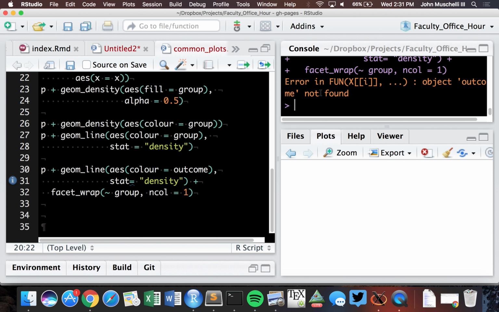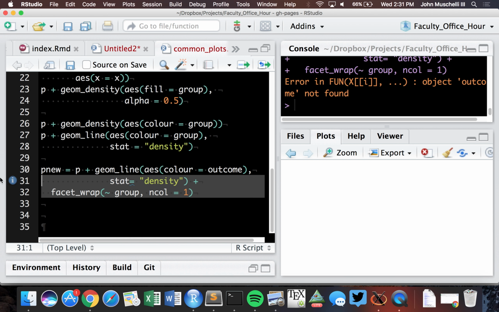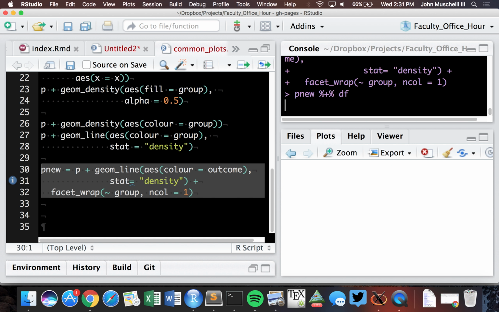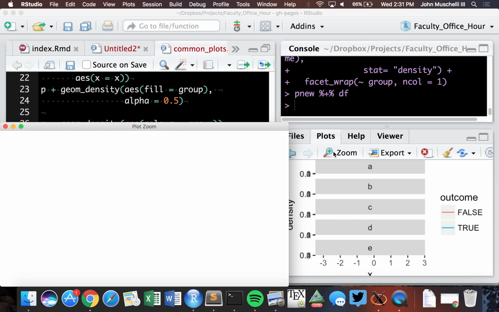You can say, I'll call this pnew, let's say. I can say pnew %+% df. So df now has the variable in there. So now we have,